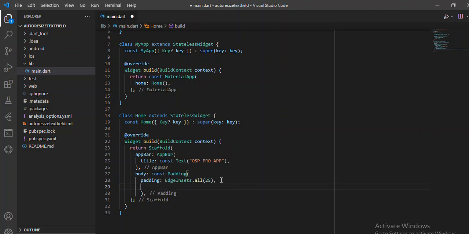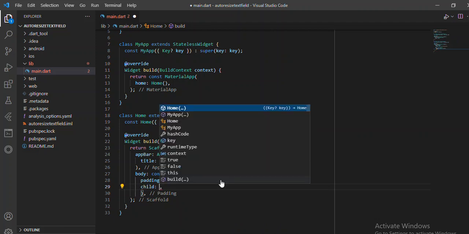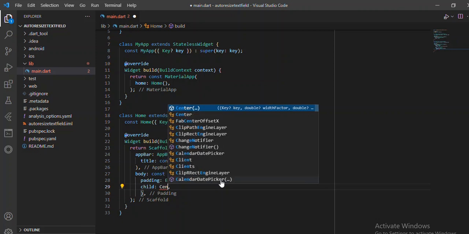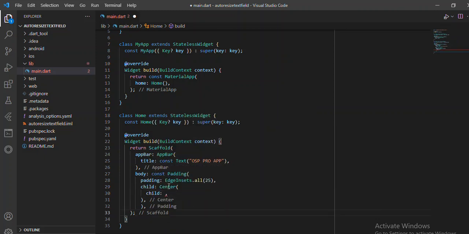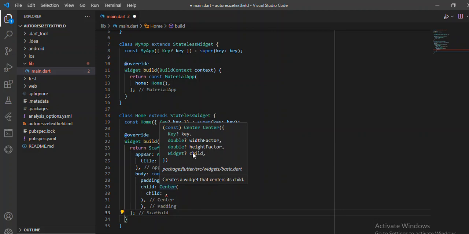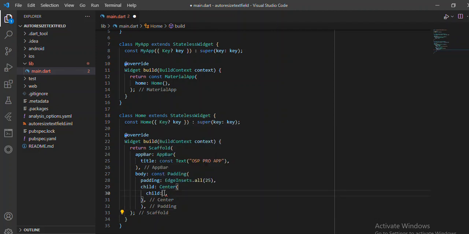Okay, so I also have another thing that I need to talk to the app this time around, which is the child. Remember, the child of our app is where we're going to be having this. We can center the child, and inside the center we also pass another child because that's a widget. So maybe we center this child, and inside there, remember when you come here inside this, it also has another child as a widget. Now that child is the one that's going to be having for us something called the text field, whereby the text inside there,